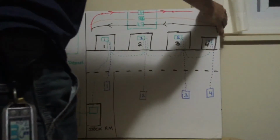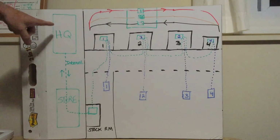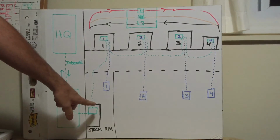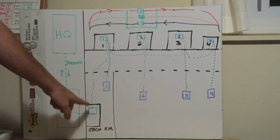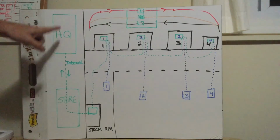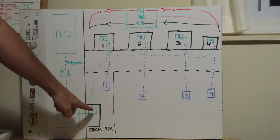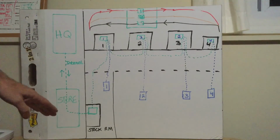They don't all work exactly the same, but they all are pretty similar in that their headquarters talks to the store via the internet. It's a router in the store. So if they can talk to the store, but they can't see the units, then you know that the problem is not here in the internet or into the router. If they can't see the store, in other words, they say we cannot communicate with the store at all, then